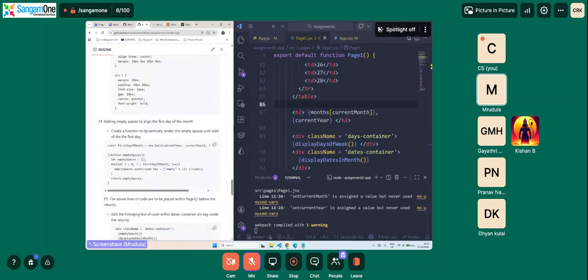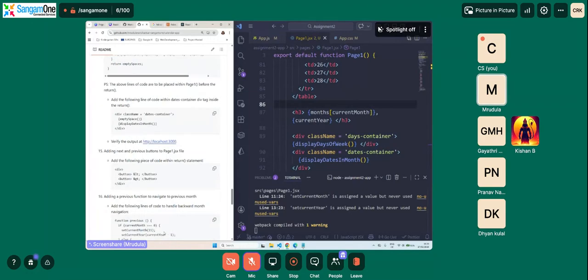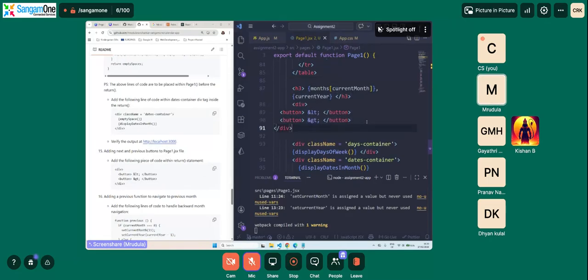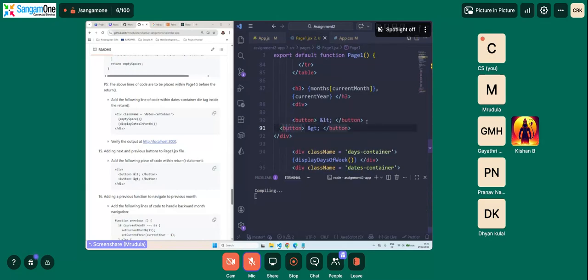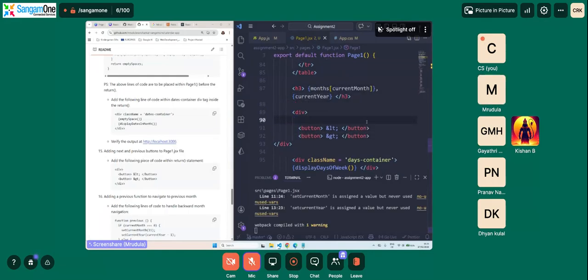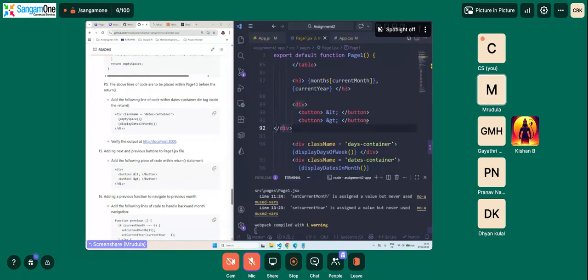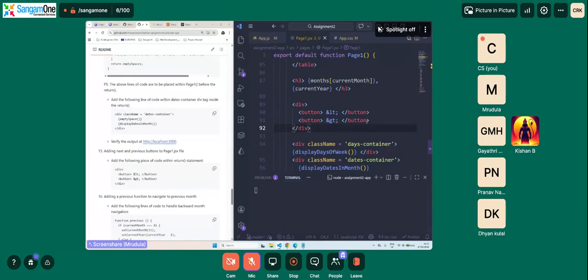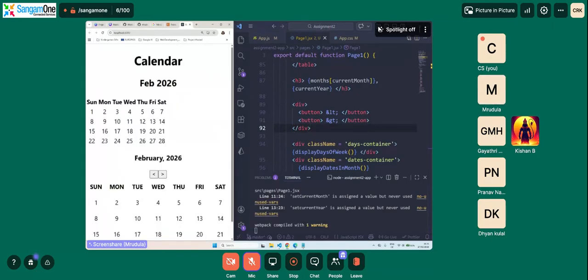Okay, so in order to do that, we need to have a button, so a less-than and a greater-than button. So what we'll do is we will copy this, we will paste it here.